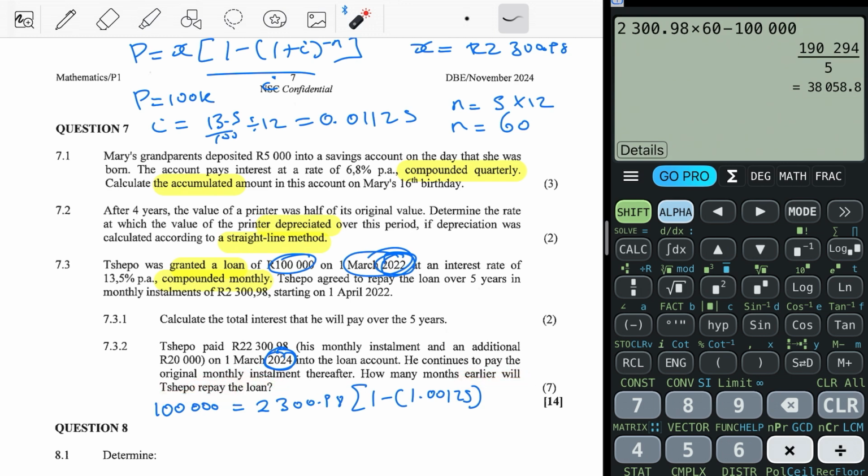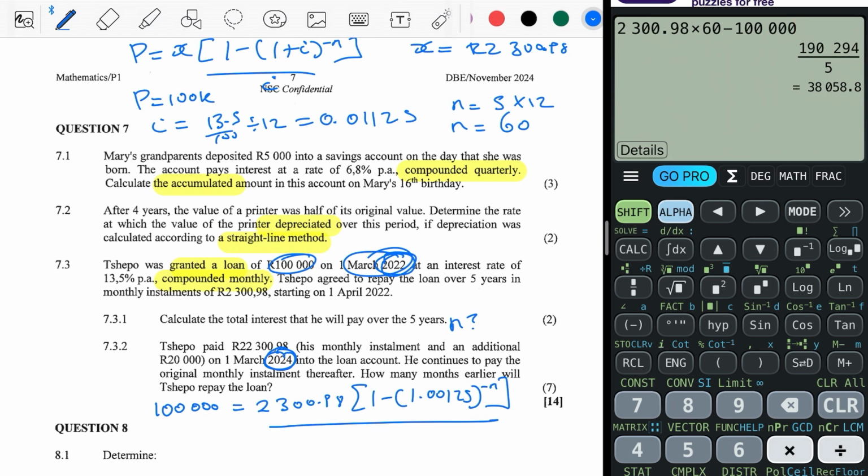So Tepo owes 100,000, right? But he decided in the second year he pays 20,000, and he continues to pay 2,300.98 every month. So now the question is, instead of the loan lasting for 5 years, how long will the loan last? So we don't know n. In this case we don't know n. That's what you're looking for. So this is going to be power n. Make sense? Divided by i,